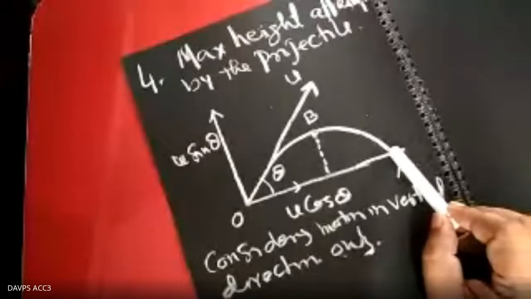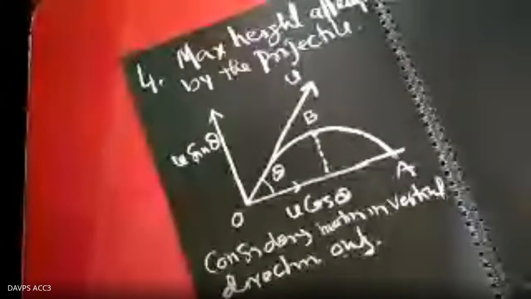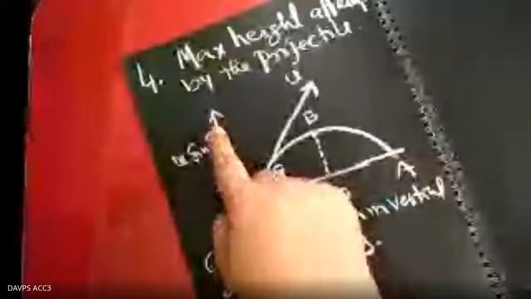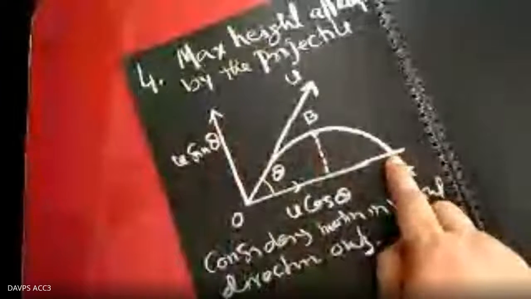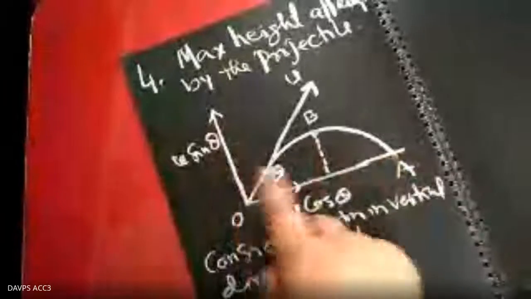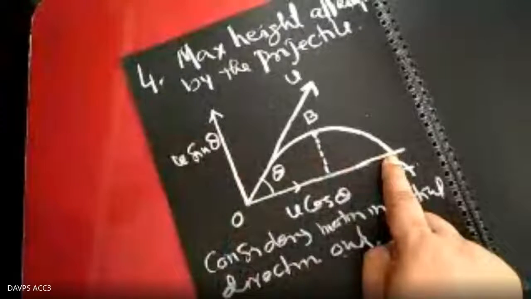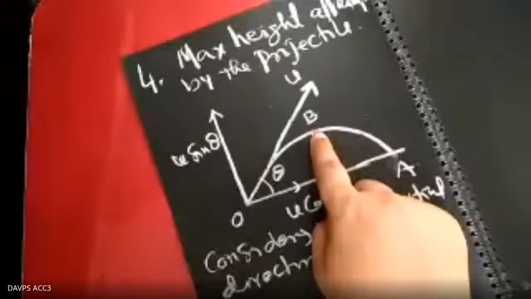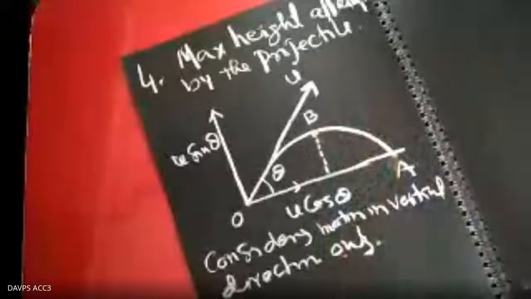If you come to A also, you will find the horizontal velocity u cos theta. Vertical velocity will be different. Different means u cos theta is here, and here you get minus u cos theta. Did you understand? At point A, the u cos theta will be considered minus because the direction has changed. Here it will be minus, but here it will be u cos theta. Vertical velocity 0 and horizontal velocity is u cos theta.